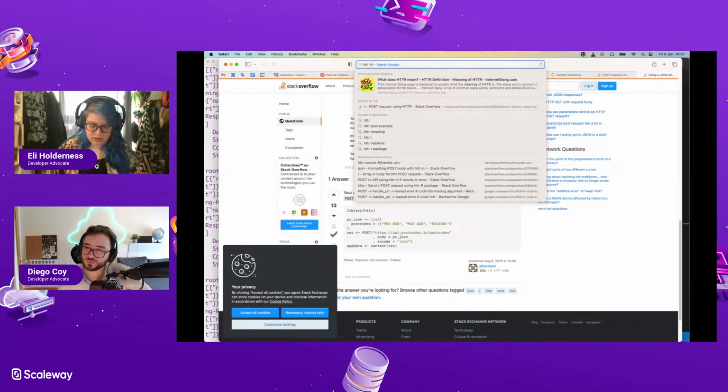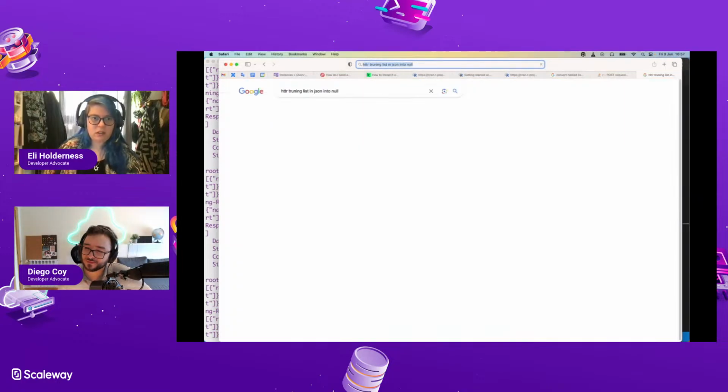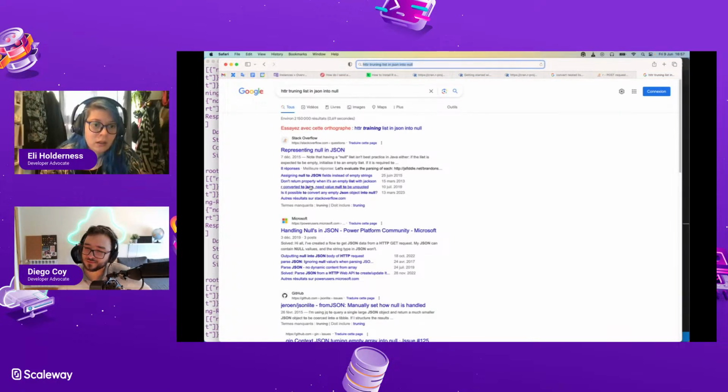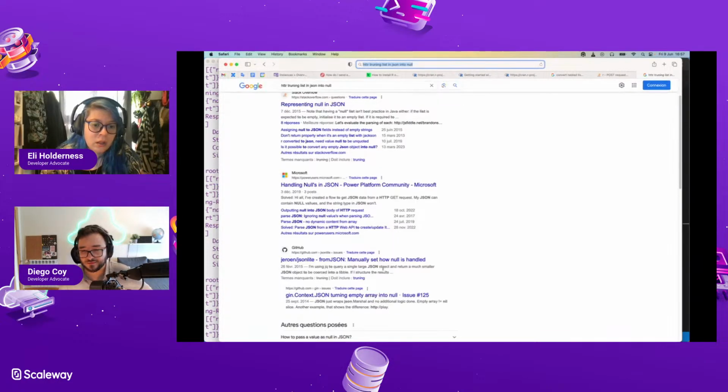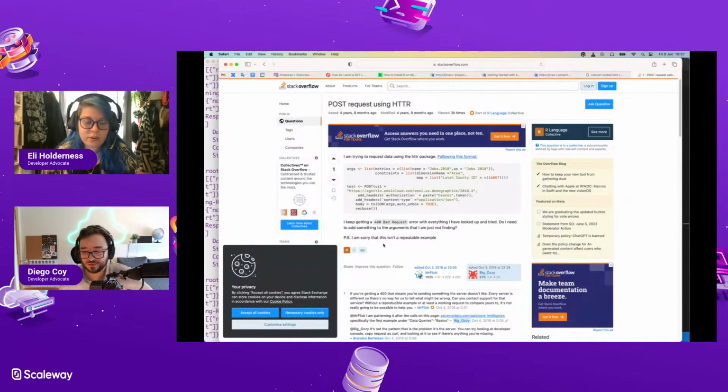httr turning list in JSON into null. No, that's not giving me what I want. Yeah, this is a nested list. Content type, application JSON.